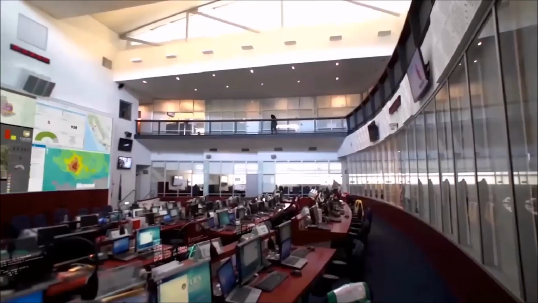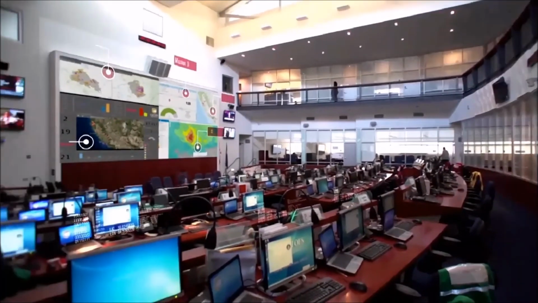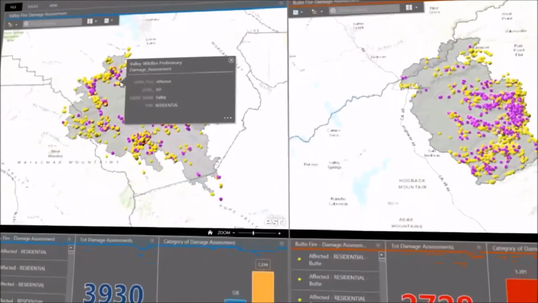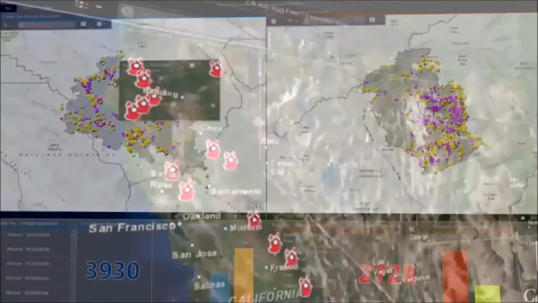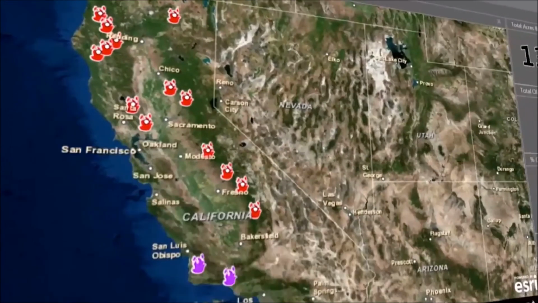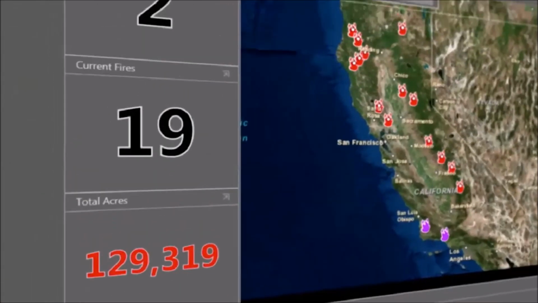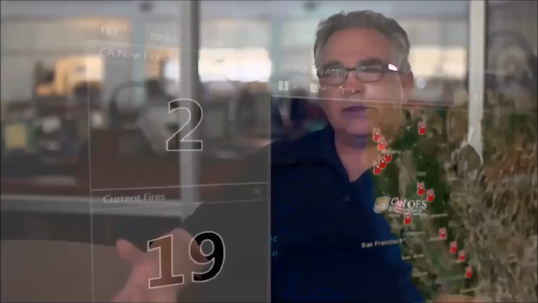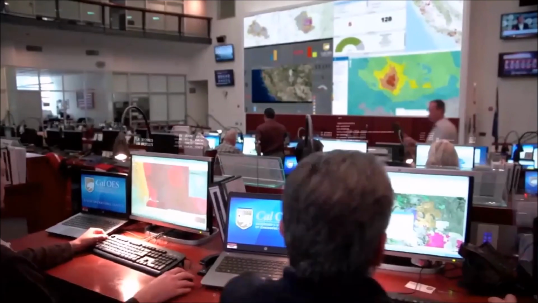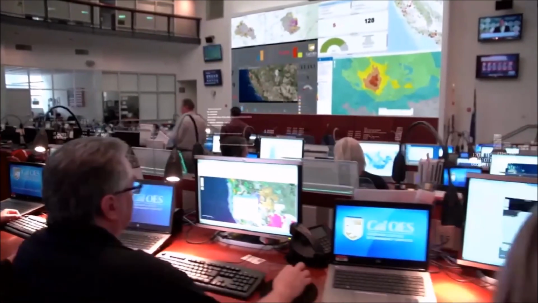GIS changed the way we do business. We now have the go-to products. We know that this is what we need to do as a requirement. So that would be part of our common operational picture. During the fires was the first time we really used the dashboards this year, and we were able to provide a visual of acreage, burn, current damage assessments. The dashboard provides that snapshot. It saves time. Instead of somebody stopping in the middle of an operation to brief someone, they can just walk in, look at the wall, and see exactly what they want to see.